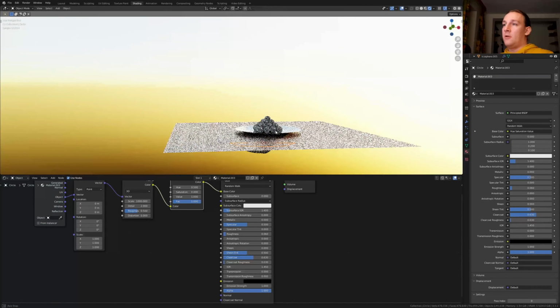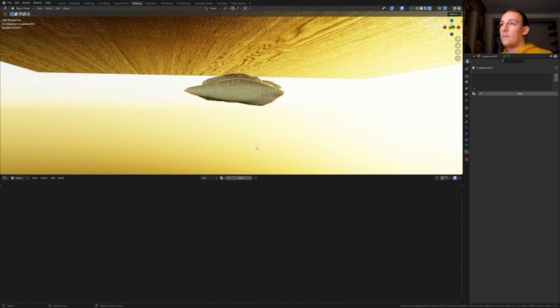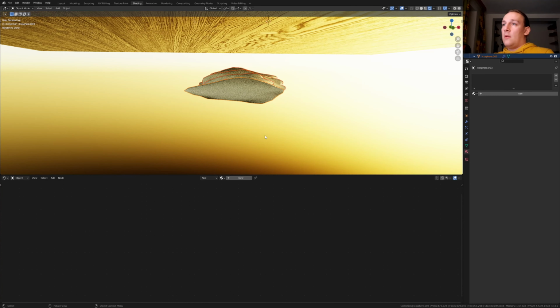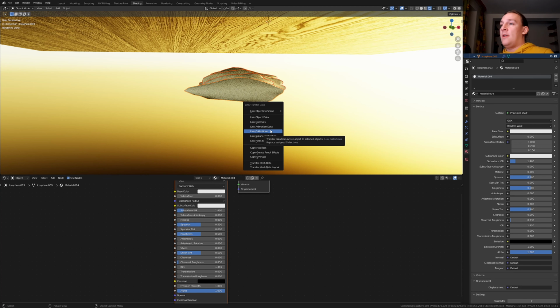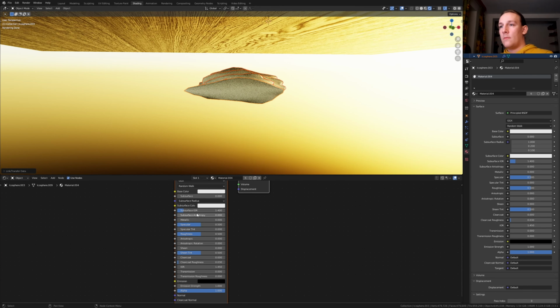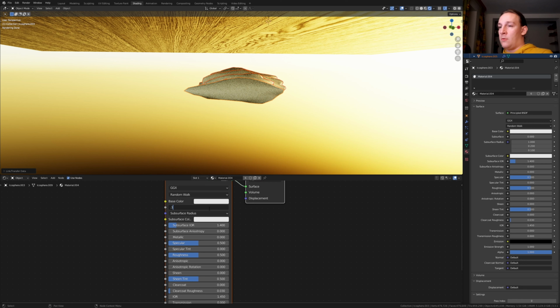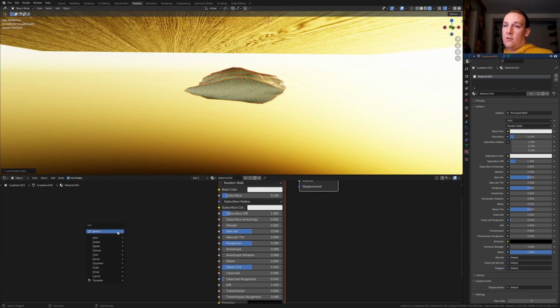Now let's select all of these icospheres down here and create a new material. Press Ctrl L with all of them selected and link materials. Set the subsurface to 0.1, add a noise texture,